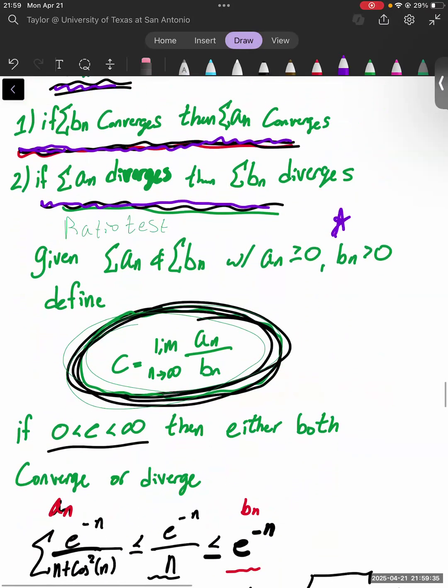And what this little test says is, given An greater than or equal to 0 and Bn greater than 0, we define C to be the limit